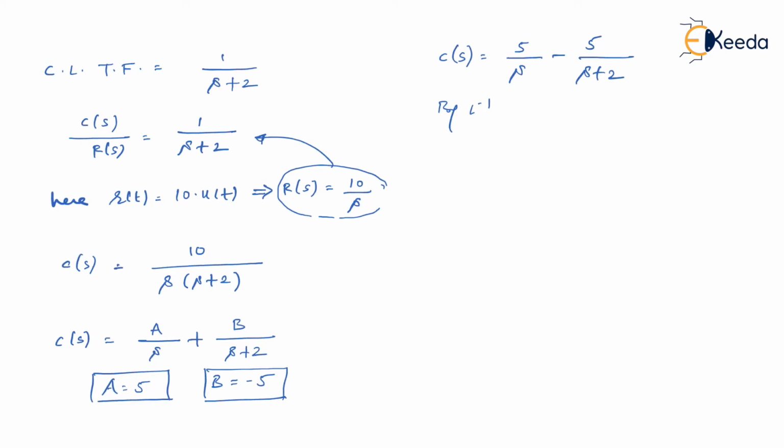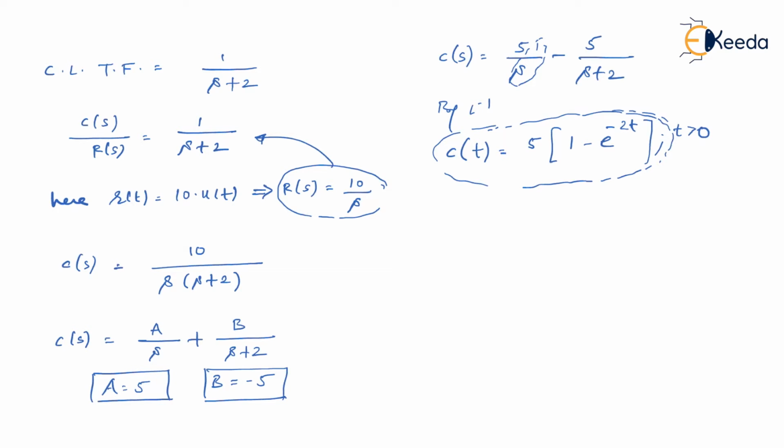So by inverse Laplace, C of s becomes C of t. I can take 5 common. What remains inside is 1, that is the inverse Laplace of 1 upon s, minus the inverse Laplace of 1 upon s plus 2, which is e to the power minus 2t, times u of t. It's okay if you don't write u of t, and just mention that this is valid only for t greater than 0. Am I right? Finally, we have the C of t expression, that is the mathematical expression for C of t.